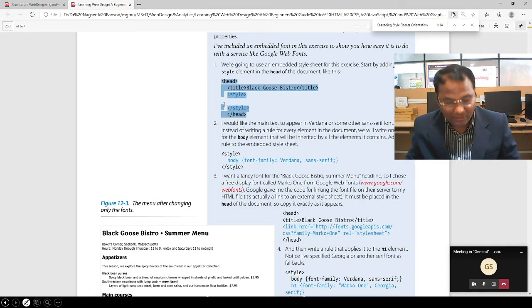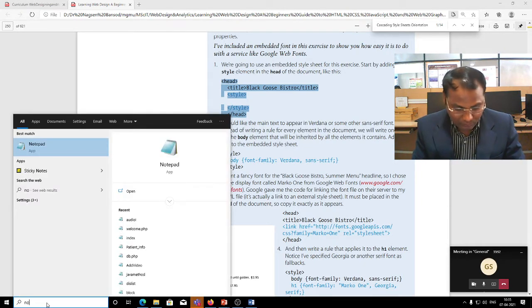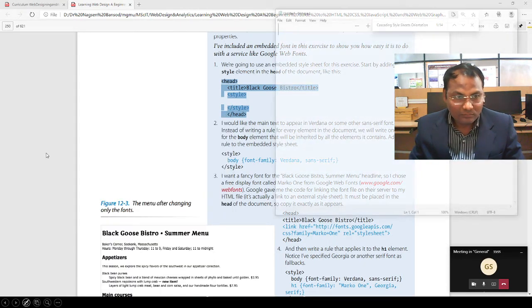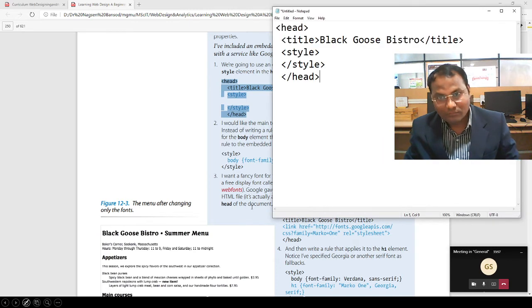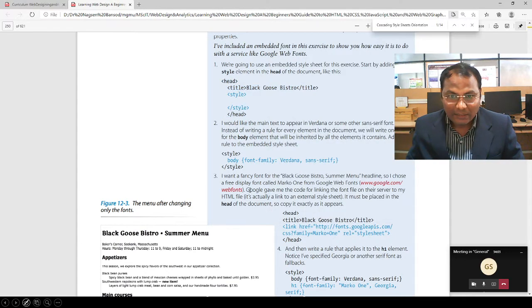Suppose I have taken this. Now in style we can write this font-family.